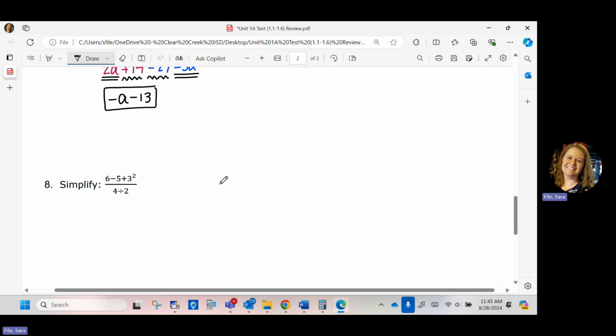Okay, on 8, again, when you have that division bar written as a fraction, that is also a grouping method. It's grouping the top together and it's grouping the bottom together. So we have to do the top and bottom separately, and then at the very end, we'll do the division. Okay, so on top,